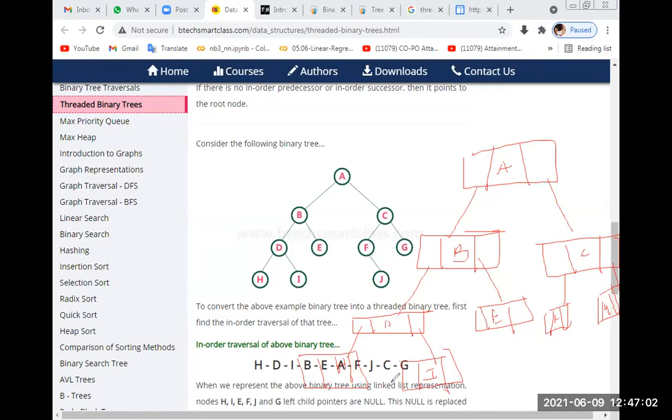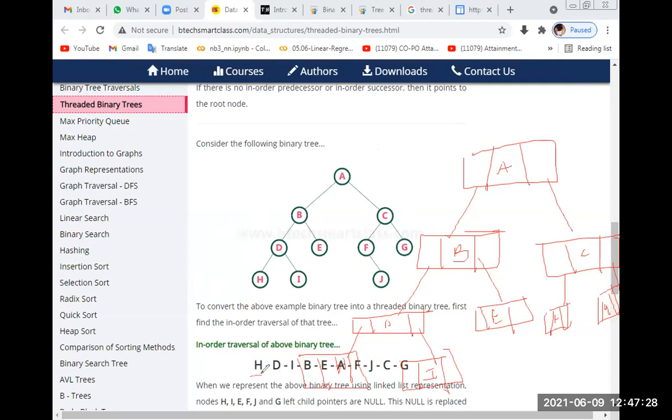So for a node with no left child, we store some address in the left. Which node's address we have to store: first you have to find the in-order successor of this node. So this is H. Here H has right link null and left link null.